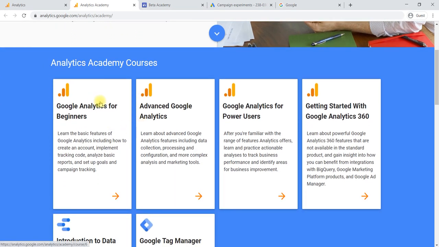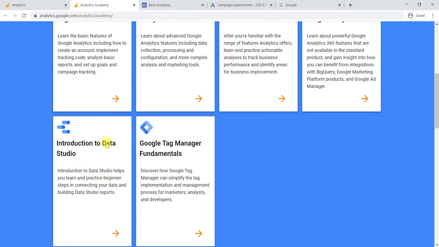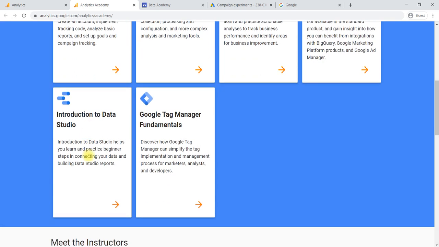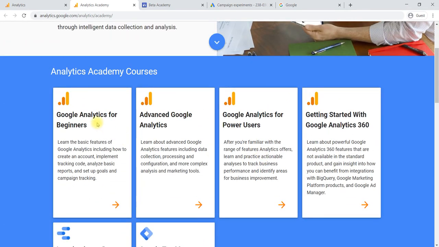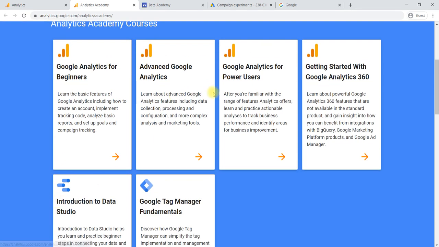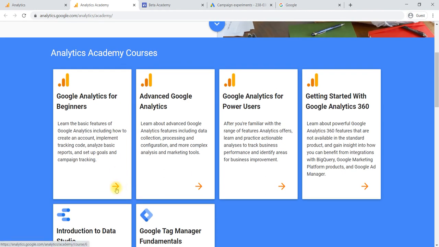Then you will have certification courses here. One, two, three, four related to Google Analytics. One for Data Studio. We already learned about Data Studio, right? If you haven't learned, go through those videos. For that one also we have a certification here, and Tag Manager also has a certification. The suggestion to everyone is to complete at least these five certifications.